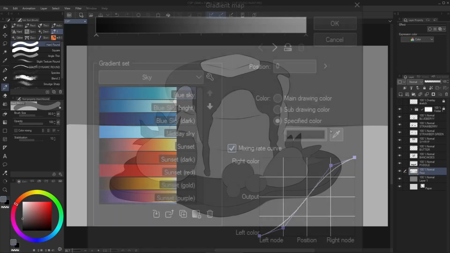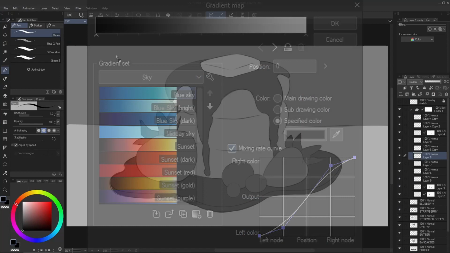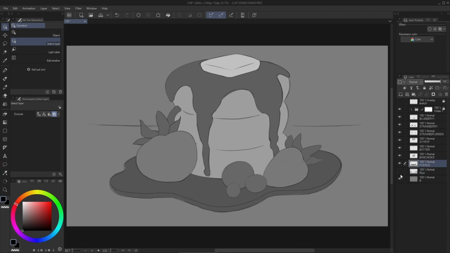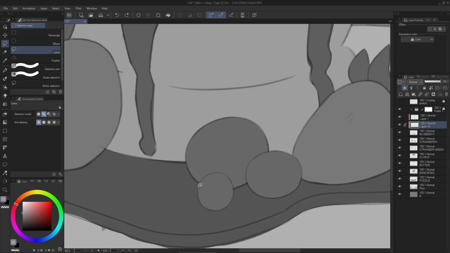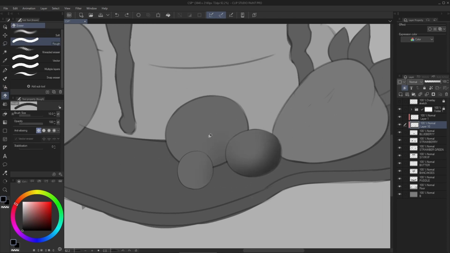Mixing curve is a little bit more advanced. The curve is kind of there to tweak the final result in case you do not want to touch the color points too much. It will push the gradient one way or the other. Not something I use too much, but really handy when I actually need it. And honestly, it's kind of hard to explain. So, the best way to do it is just to mess around with it